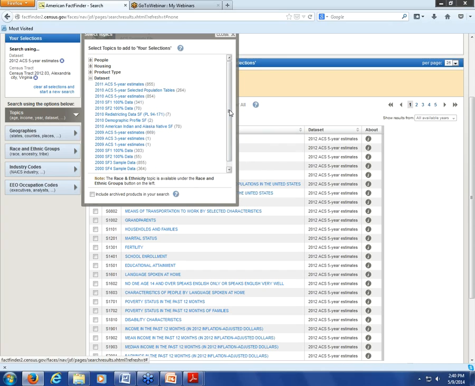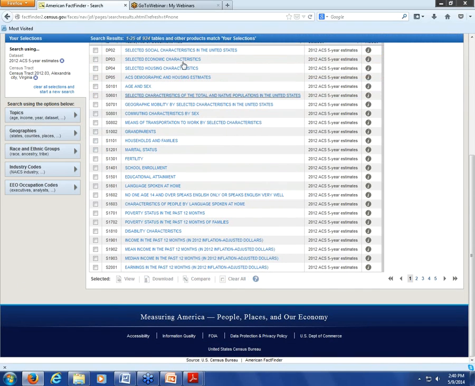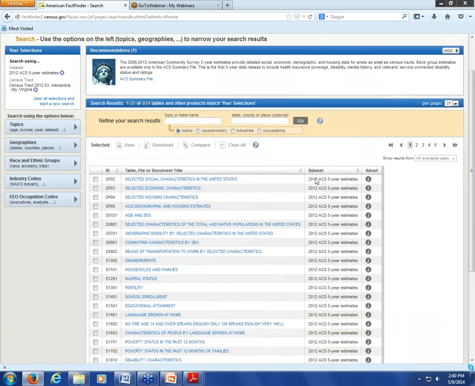Okay, and the first thing I wanted to know was about the people who had moved into the area since 2010. And because I know that's in a data profile, I'm going to close this topics right now because those 4 data profiles are right at the top of my list. There are lots of tables in this list now, but the 4 data profiles are always at the top. So I can click on the housing characteristics data profile,